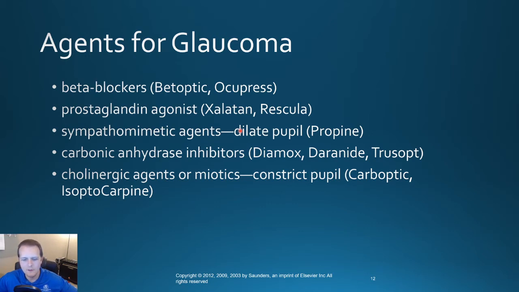Ultimately, the goal here is to either decrease the amount of aqueous humor that is being produced in the eye, so less fluid means less pressure. And again, aqueous humor is no laughing matter for any of you thinking so. Or the other thing you can do is try to increase the outflow of fluid. So trying to get more fluid out of the eye will also decrease the pressure. For instance, beta blockers will stop production of aqueous humor, or at least slow it down. Prostaglandins increase the outflow. And so you'll find some patients require 2 or 3 of these agents working together in order to get better